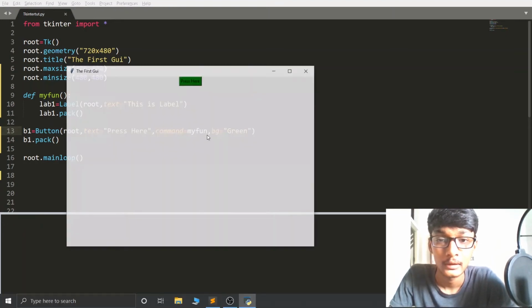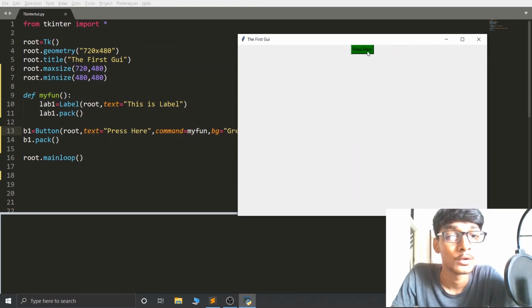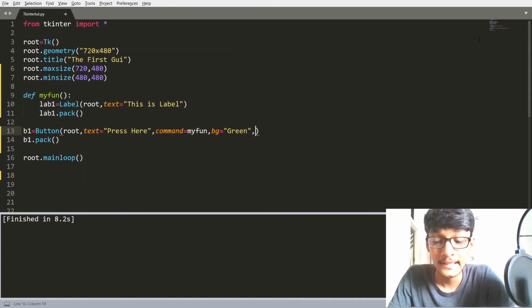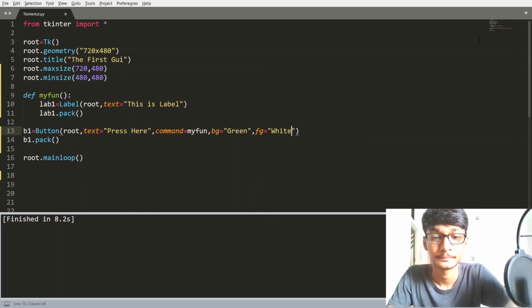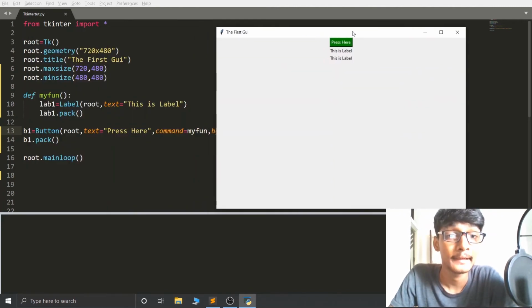Now you can see that we are getting our button with a green background. You can use all these label attributes in our button. Let's say here I am going to change the font color to white, and you can see that now we are getting a white font in our button.